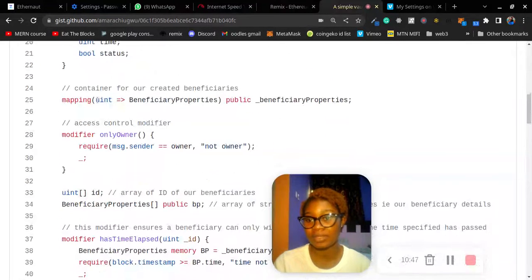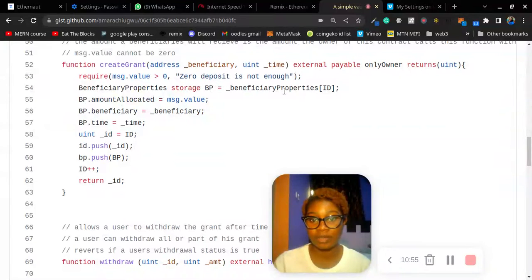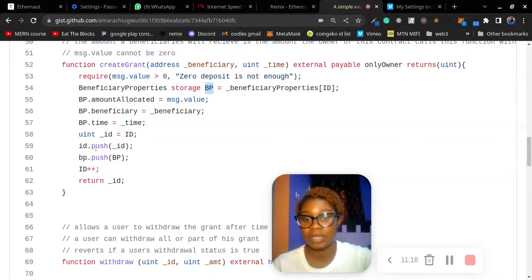Remember, our mapping is a mapping of UINs to a struct, right? So I'm saying that this BP is a pointer to our mapping at this particular ID. So if I'm now using this pointer, anything I'm modifying through this pointer, I'm modifying that particular mapping at a particular key, right? So I'm saying BP dot amount allocated is equal to